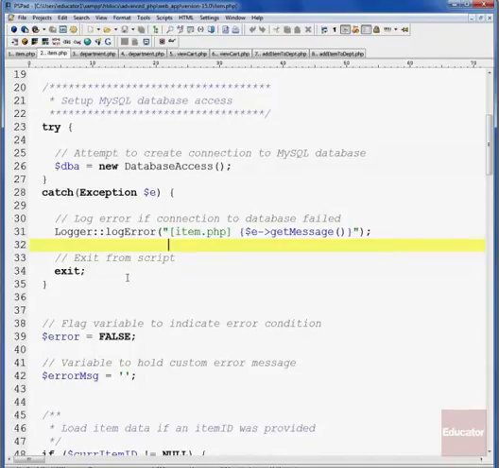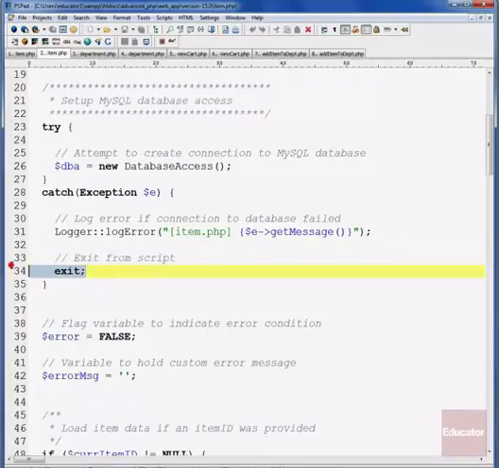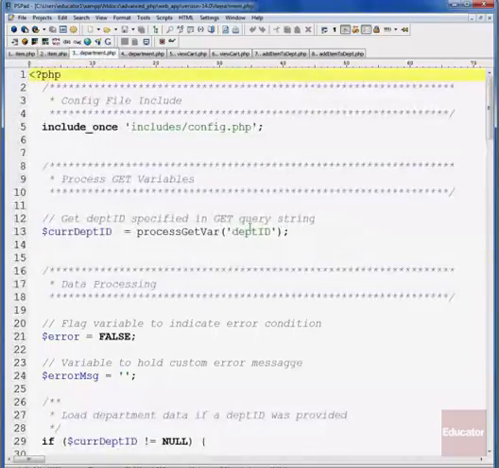So in order to keep from obscuring what we're trying to learn from the code, which is how to use this database object, we're just going to have it exit. But in a production environment, just so you know, you'd want to do something more graceful than simply exiting from the script. But that's what we do in all of these different files that are making use of this database access object. If we look at department.php,